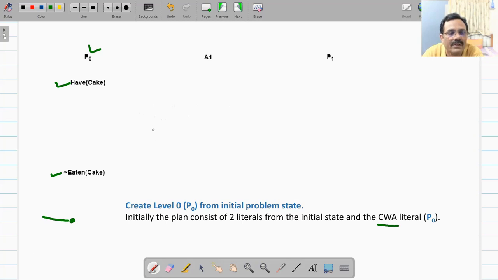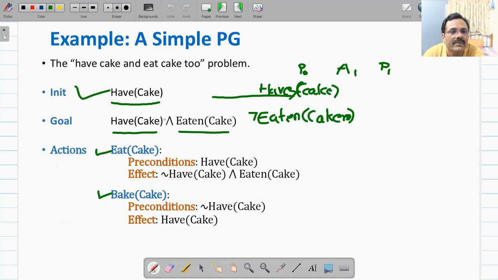After that, you will have to find out an action which can be used in this situation. That means find out action for which we have cake precondition or not eaten cake precondition. If you go back, you will find not eaten cake precondition we don't have, but have cake is the precondition for eat cake action.